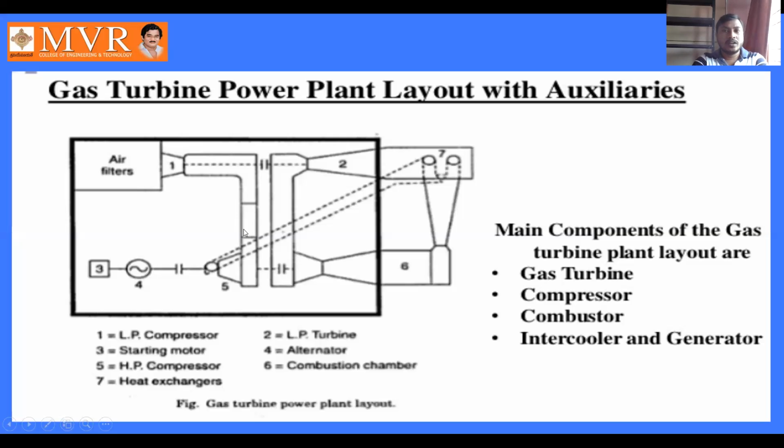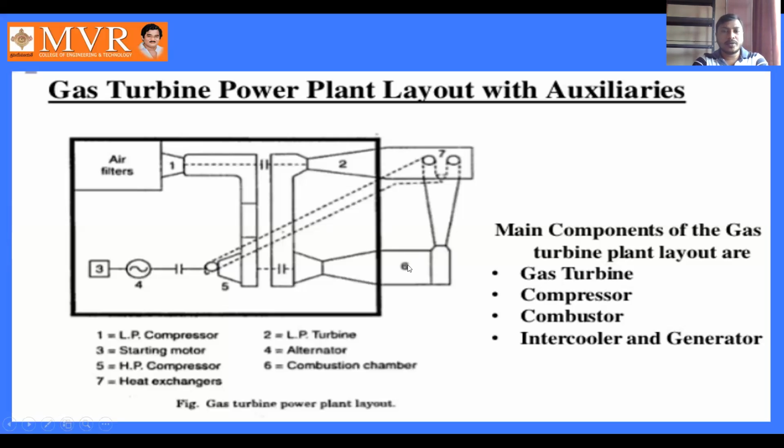In the intercooler, the air is cooled somewhat, and the high pressure and temperature are lowered, and the air enters into the high pressure compressor. In the high pressure compressor, the air is again raised to high pressure and high temperature, and it sends the air from the high pressure compressor to the heat exchanger, where the heat exchange takes place, and the remaining air enters into the